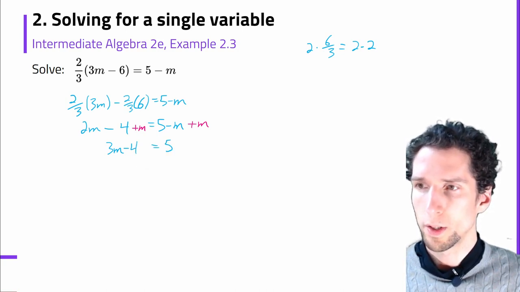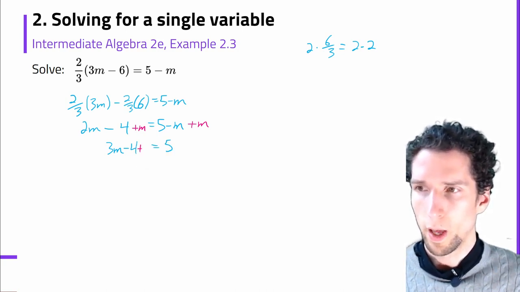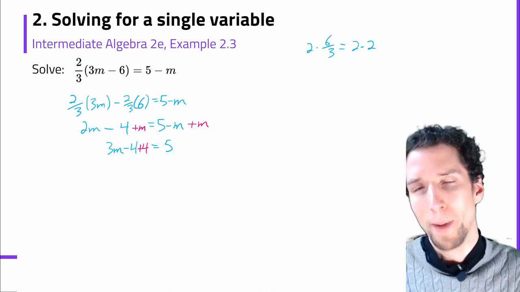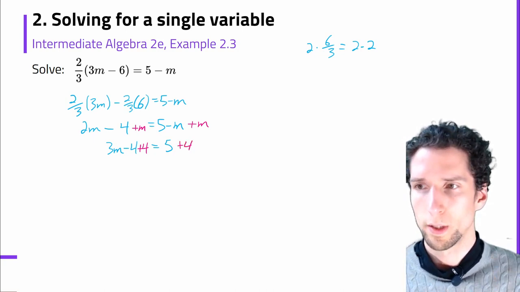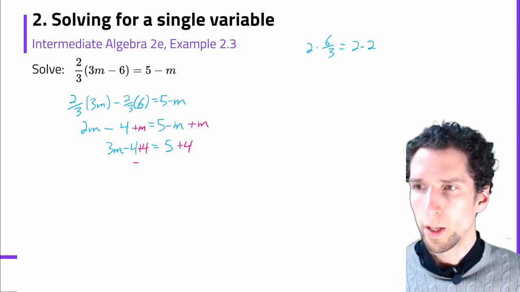And then the 4 also we want to move over to the right side. We have -4, so we do just the opposite operation, +4, and